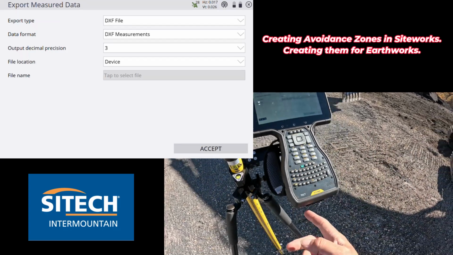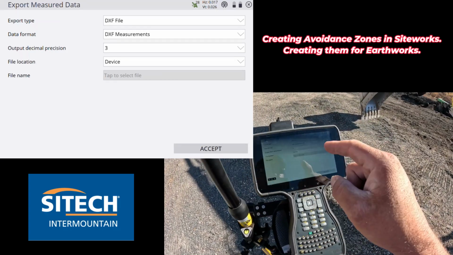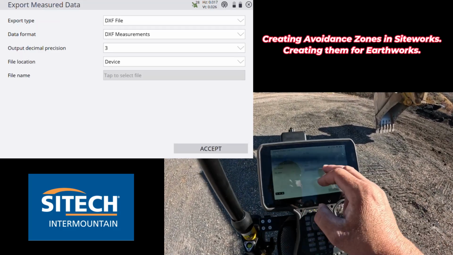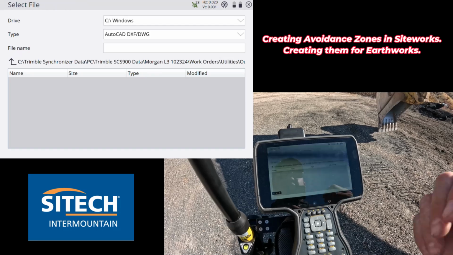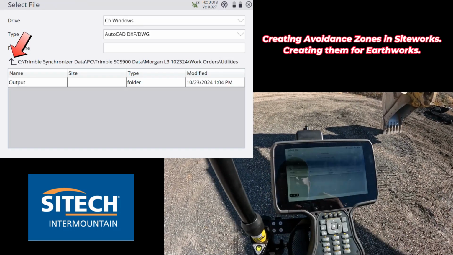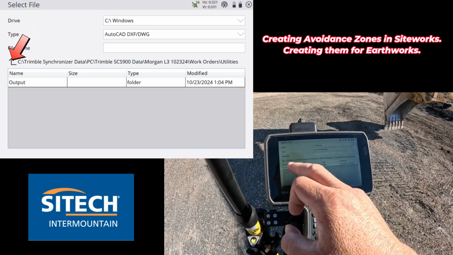And then you can see right here, I don't have a thumb drive in. I'm doing this all internally. So file location is device. So therefore, file name, I'm going to tap in this box right here. And at the top, I'm going to leave it at Windows. But what I'm going to do is hit this black back arrow button until I go right to the root